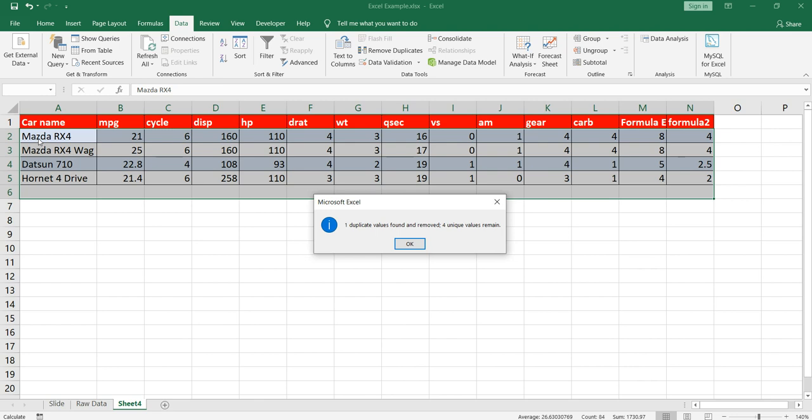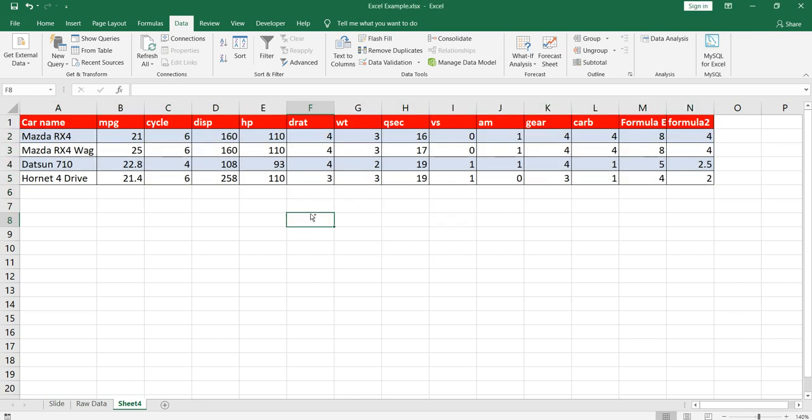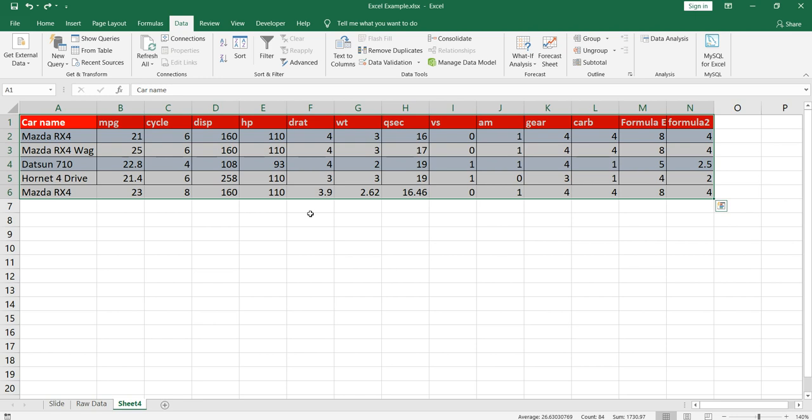Solely based upon car name, Excel determined that row number 6 also has Mazda RX-4 and it's a duplicate, so it removed the entire record in row number 6, and it's showing us 1 duplicate value found and removed, 4 unique values remain. So I click OK. Now I'll just undo it and I'll show you one thing.